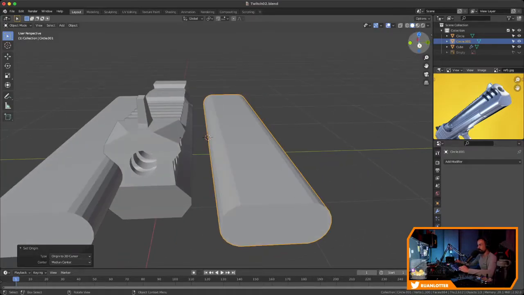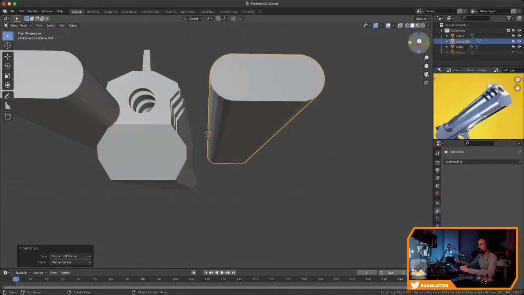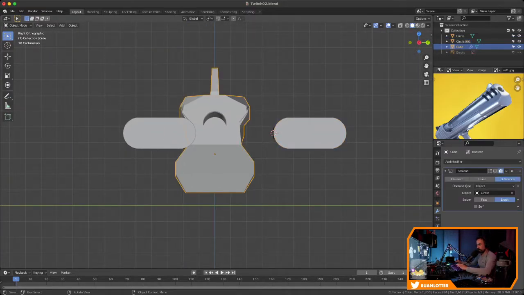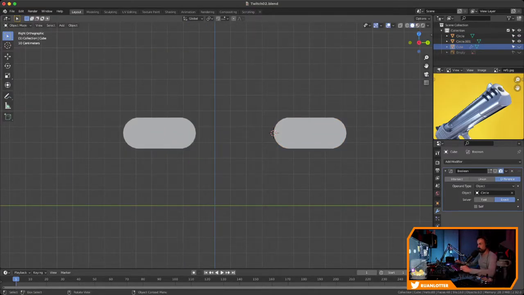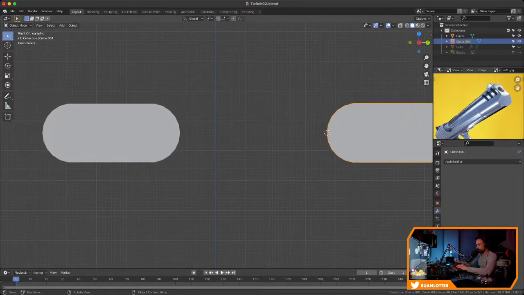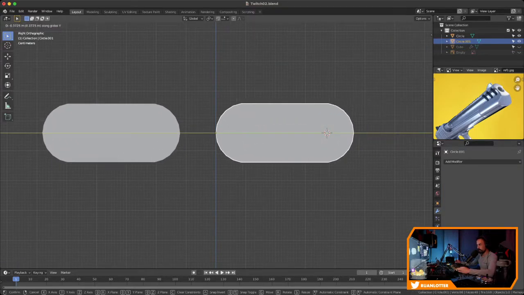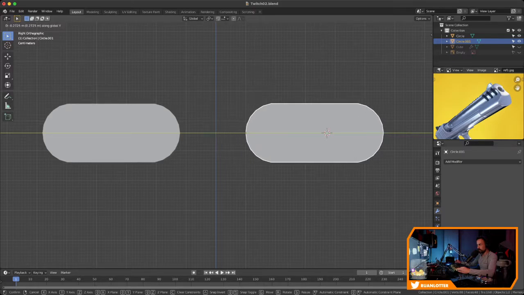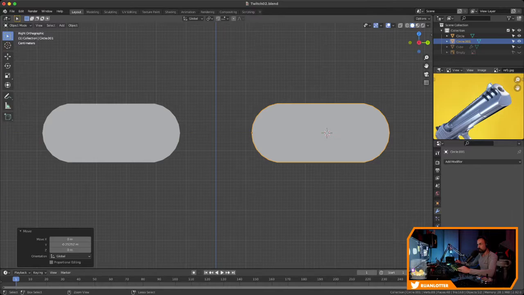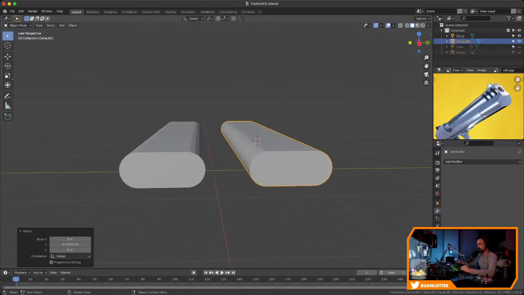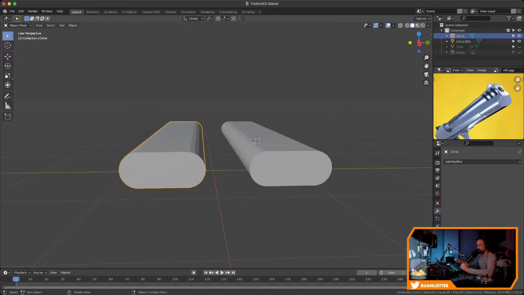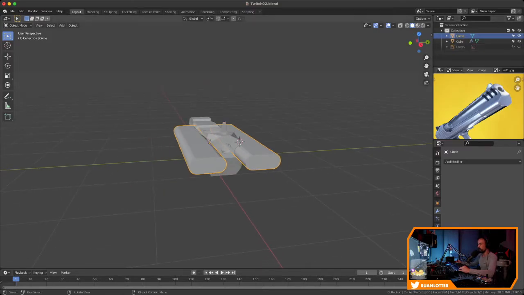So now we can look at this from the front again. Whoops. And I'm just going to hide the gun again, so H, and then I'm going to move this over, and we're going to snap it to 2 grid spaces from that side. Okay, cool. So now we can actually join these together into one object, and we can use that for both sides. So I'm going to select both of them and then right click, join, and now this is one object. And now we can go back and show our gun again,